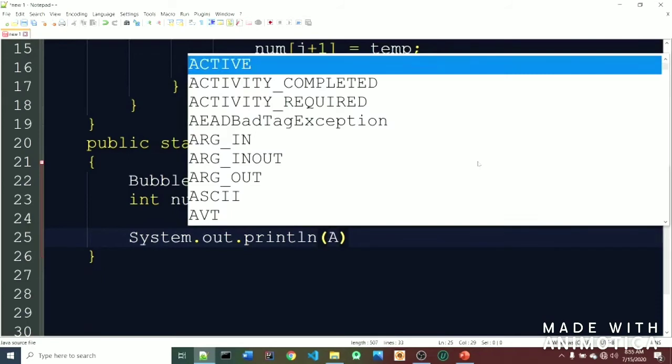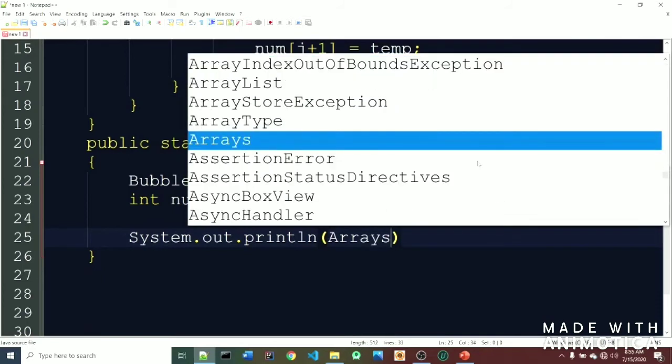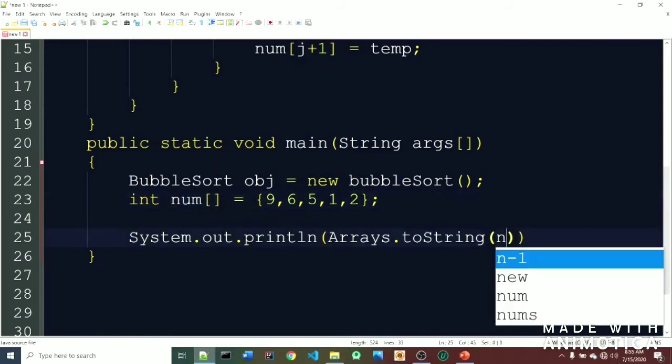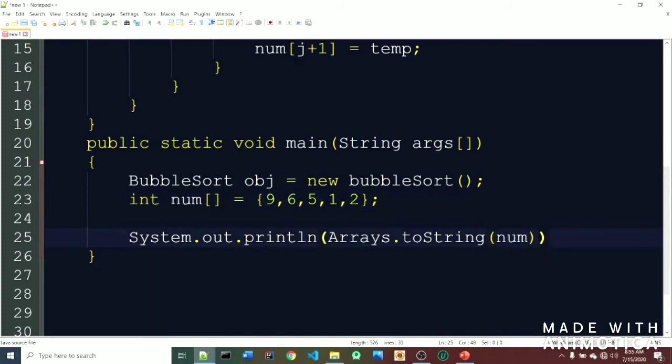This is the Arrays class, Arrays.toString, and in the argument you will send the array, that is nums. What happens is, as you want to make these numbers into string form, type conversion is going on here.